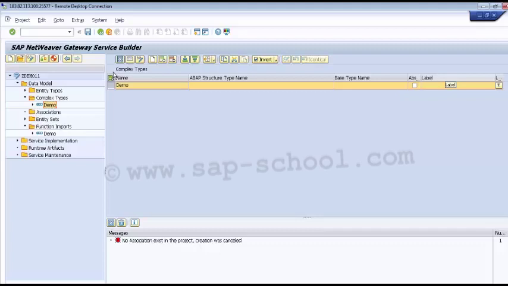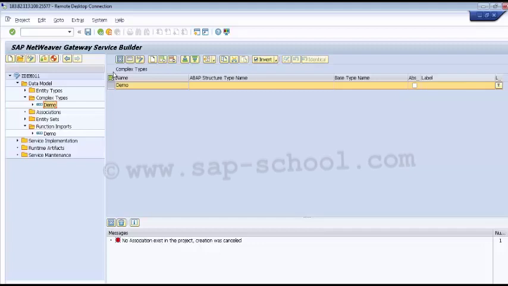Then we have the label column. In the label column, we have to enter a label for the new complex type. We can enter a free text label directly, or we can use the label text reference editor to enter the reference type. The reference type we select will influence again our other input fields like object name, key, label, etc.